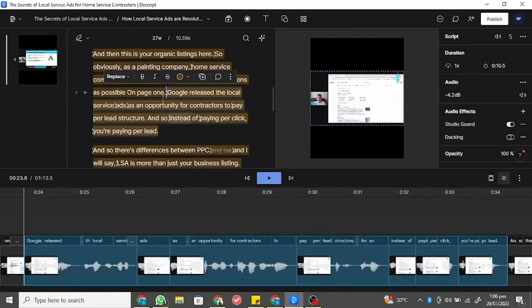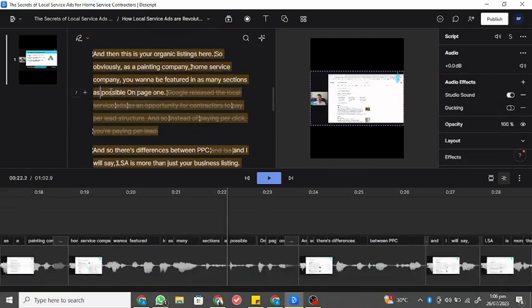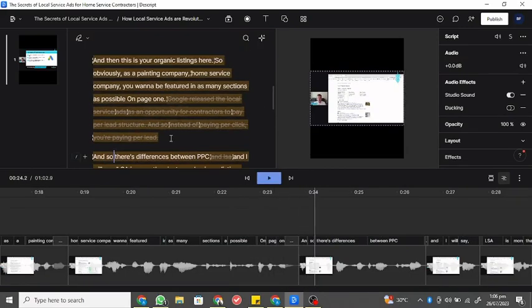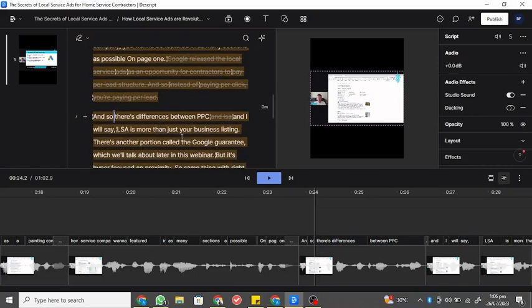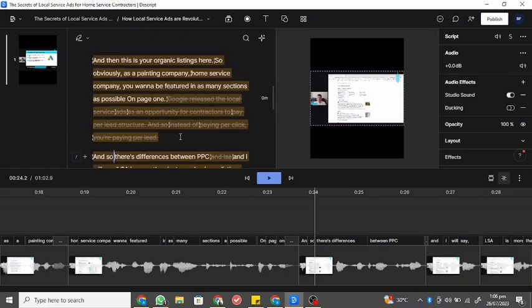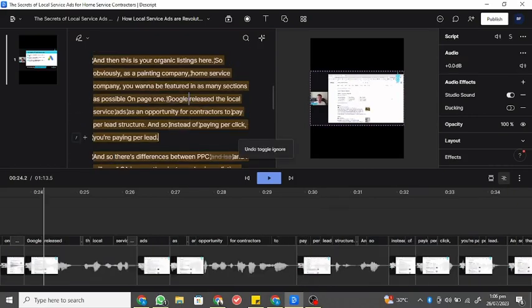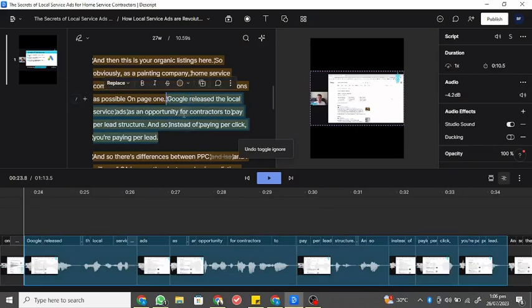For example, if you want to remove it from the script, you have to click on it and choose ignore, right? So once you click ignore, and if I play the video, possible on page one, it will just be ignored in the whole video. It will be shown, but it will not be played. So I will click Control Z since I need this text for the hook. So I will select it again, left click,